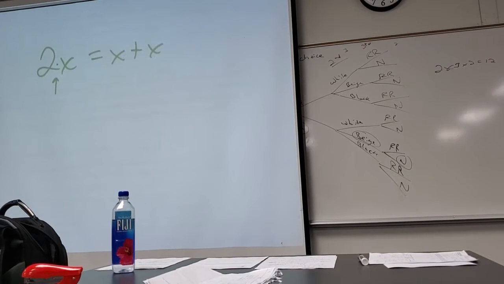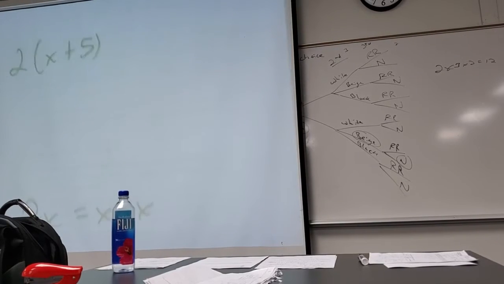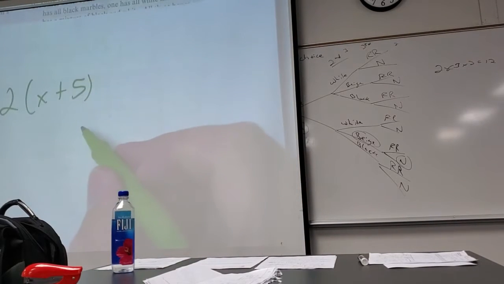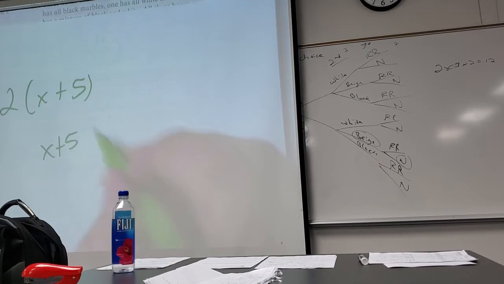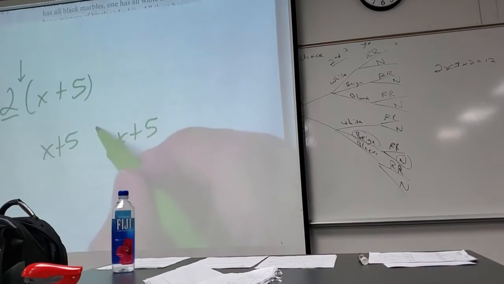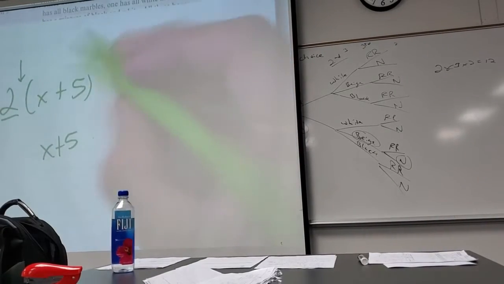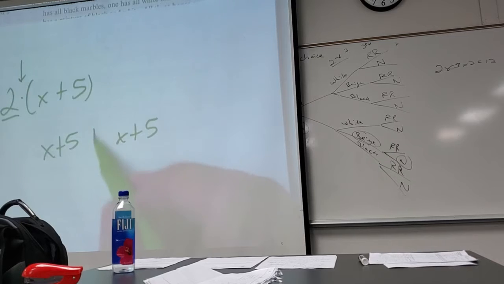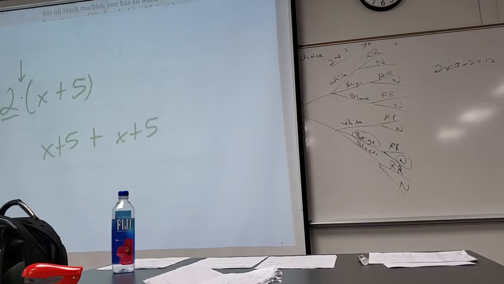So pretty cool. So, how can I rewrite this? What do I have 2 of? X plus 5. So I have 2 x plus 5s doing what to each other? No. What does multiplication mean? Repeated addition. So that is why distribution will not work across multiplication,